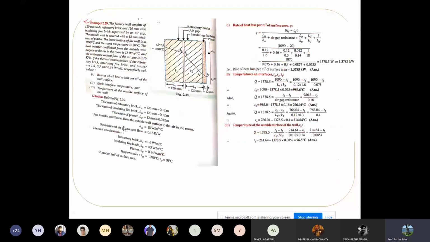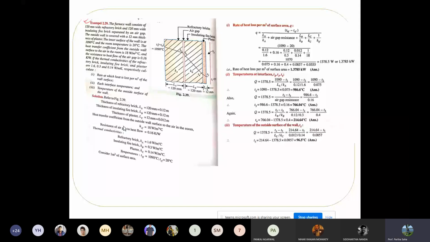I think this is the final numerical. Let us review this problem also. I'll give you a couple of more numericals to solve so that you can always look back at these solved numericals and find help if you have any more doubts. These solved numericals are actually a very good guideline for you all. If you don't understand the theory, you can always look into these solved numericals and see how it has been calculated. Okay, so let's finally look into this example.